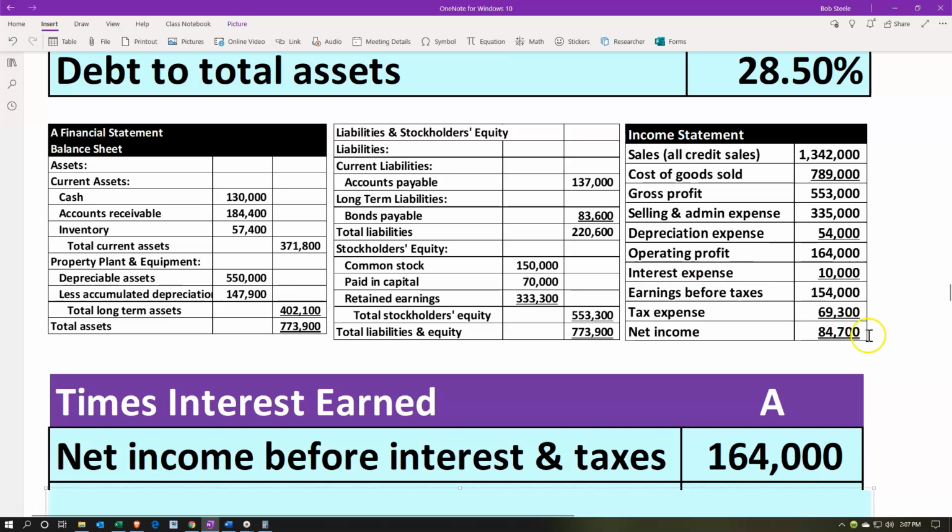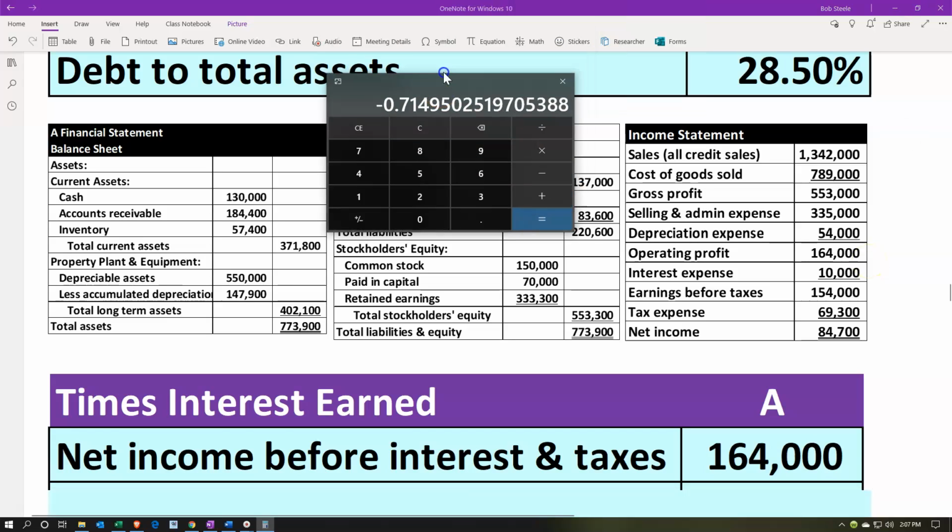So what we need to do then is take our net income and back out the interest so that we can then see how many times over we can pay it, because the interest is already included in the net income. We're also going to back out taxes, because interest expense has an effect on taxes, and taxes just kind of muddy up the water, so it's easier for us to just remove the taxes and the interest to do this calculation. If we do that, we'll get back up to this operating profit due to our multi-step income statement,